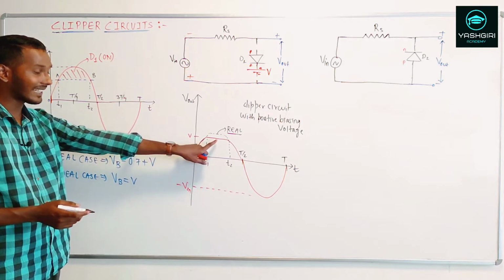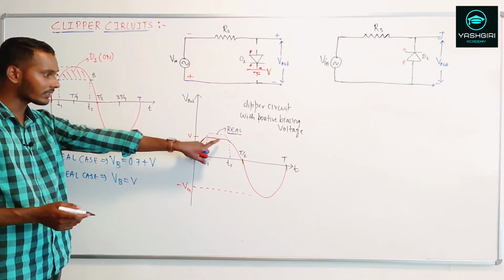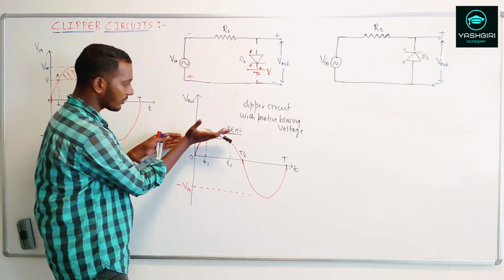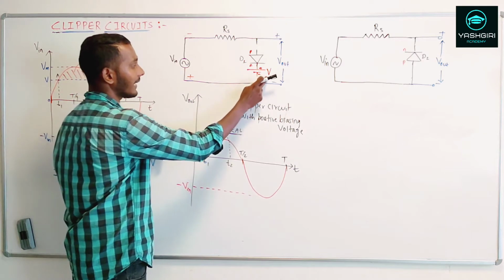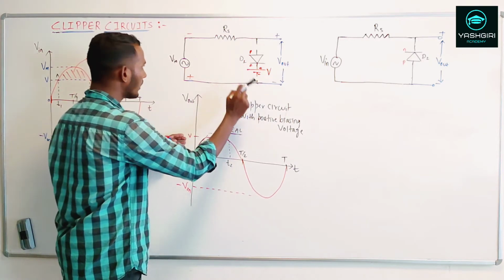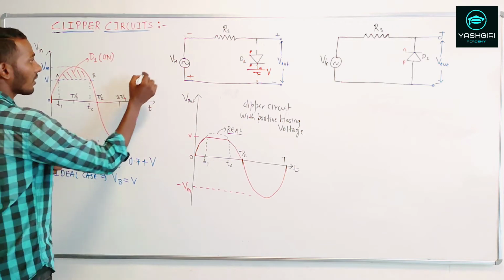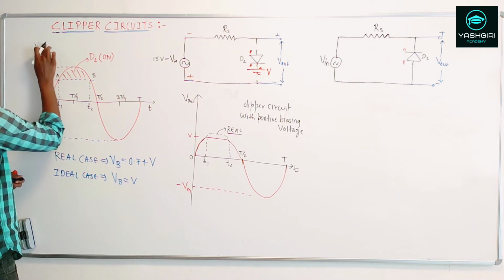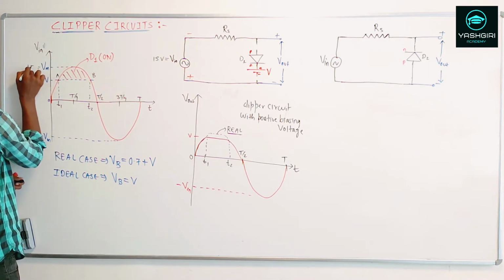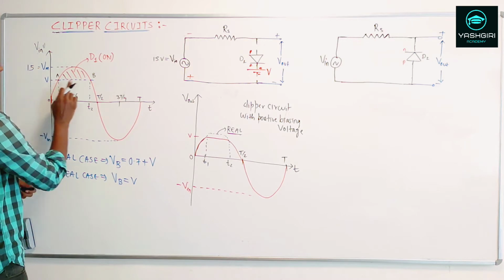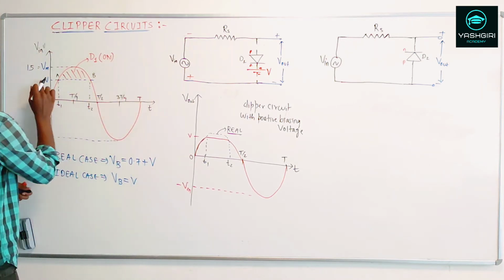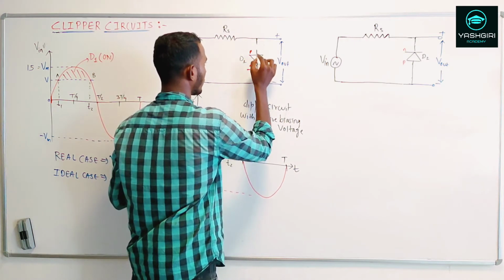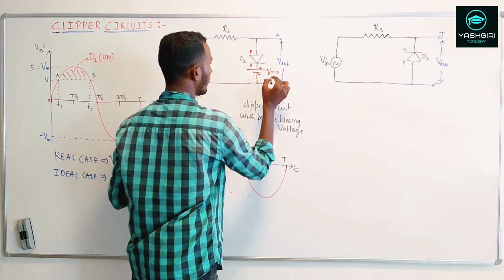Alright, so we have managed to clip some part of the positive half cycle. And how can we change this clipping part? That is by selecting a suitable voltage over here. Now suppose the V in we are supplying is 15 volts. Let this be V in equal to V max. V max is equal to 15 volts. And here, let the V that we are going to connect in the circuit be 10 volts.